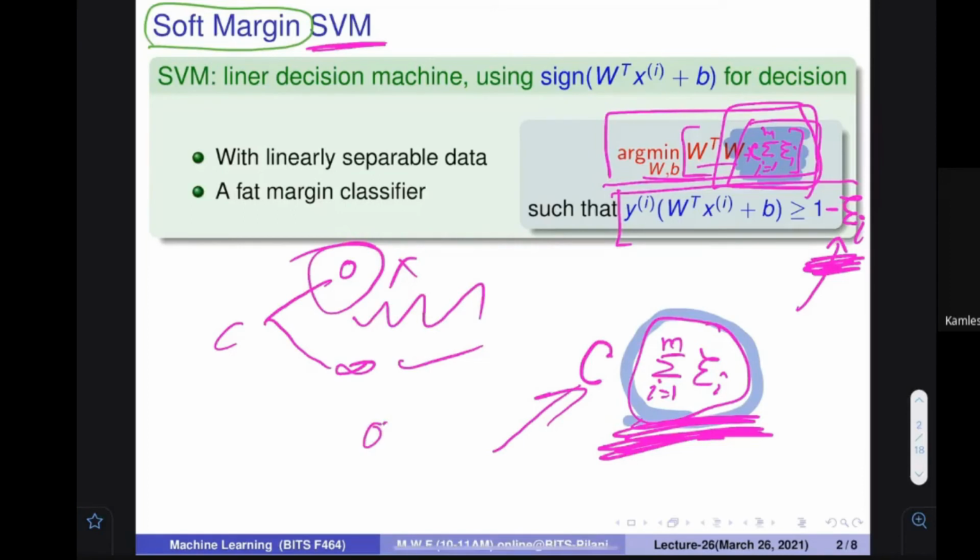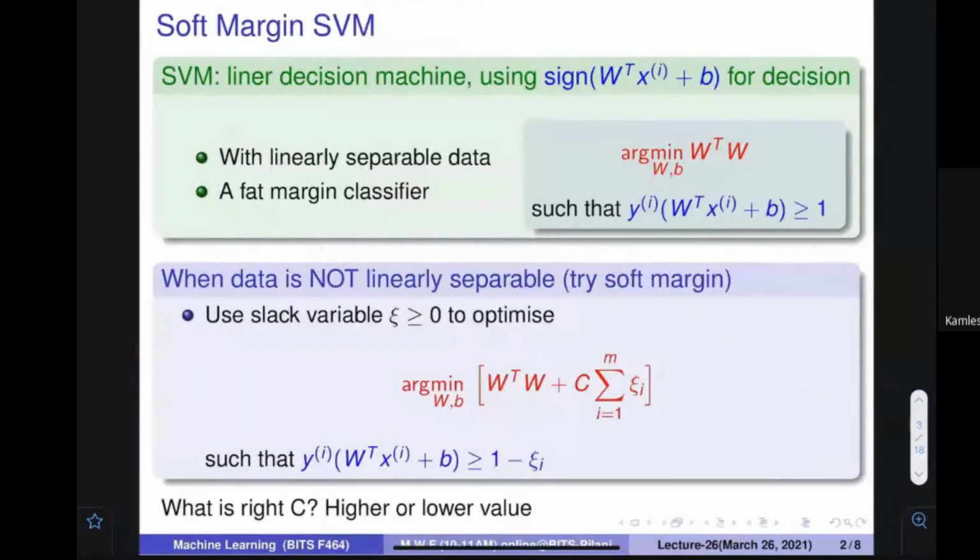So you have to find out some value for the, I don't know, that depends upon the kind of problem that we are dealing with, what is the appropriate value of the W. Sorry, C. So this is what the setting is.